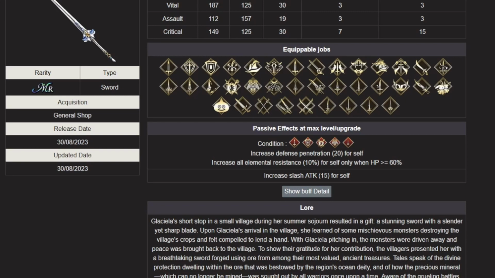Aware of the grueling battles Glacialla is normally faced with, the villagers also painstakingly crafted an ornament to be placed upon the beautiful blade in hopes of granting her safety. Despite a pang of guilt, she accepts the sword and their touching thoughtfulness. The delicate design of this blade belies an ability to deliver the deadliest of strikes, and it serves Glacialla as a dependable partner